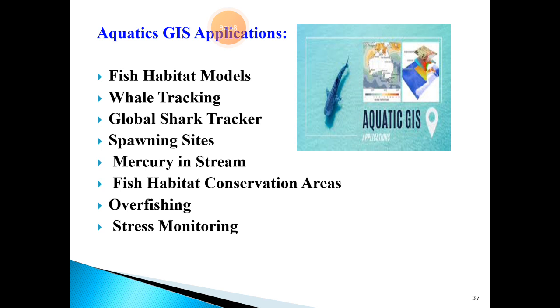GIS is also used to record the pollutants that affect the life of the aquatic organisms and their sources. Then it is also used to monitor and control the overfishing process and helps in monitoring the stress related factors for the fishes. Students, we have learned the topic